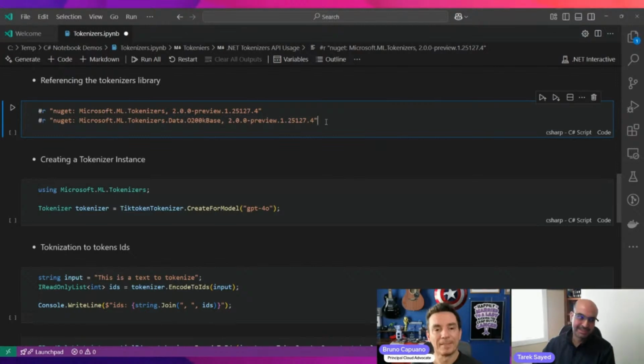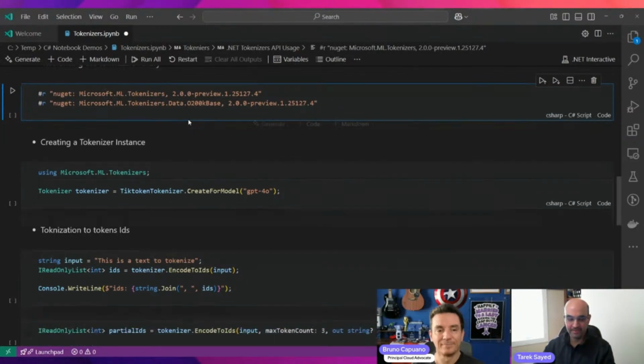But if you are going to use TikToken, you can reference this package and you don't have to worry about carrying the vocabulary files yourself. It will be included inside this package. You don't worry about passing or carrying the vocabulary to create the tokenizer. For TikToken, just reference this package and it will be good to go.